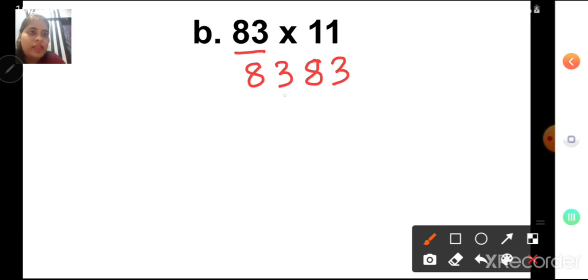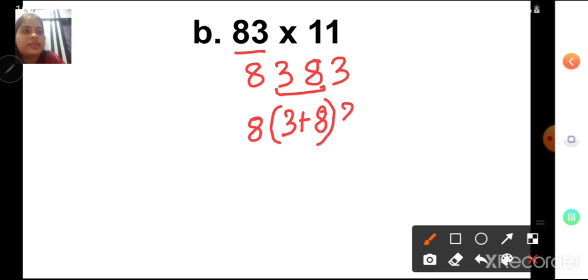Okay. Then the number here in between, we have to put it in bracket and we have to put plus sign. So 8 will be as it is. Put bracket number 3 plus sign and then 8. Okay, and then this number 3. After that we have to add what is there in the bracket. Three plus 8, 11. So I will write here number 11 and then 3.